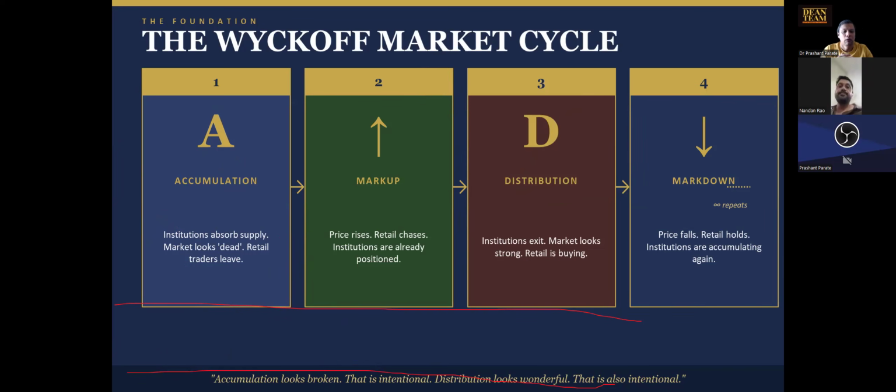And what do retailers think? That the stock is in sideways phase, it is not doing anything, and it is dead. So they look for other opportunities. They forget this stock. Later on, there will be some bad news. Stock prices fall below the all-time low of this trading range, but prices recover very fast and they create a secondary test. So this is how accumulation gets completed.